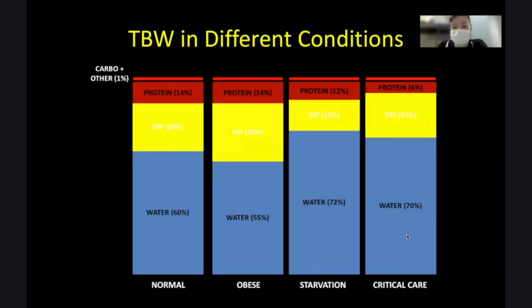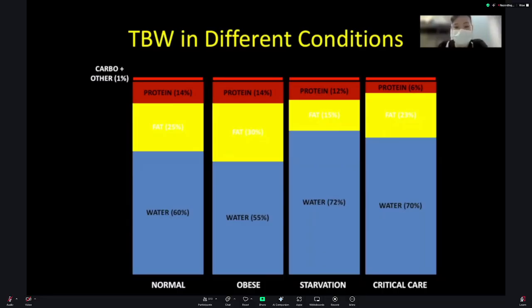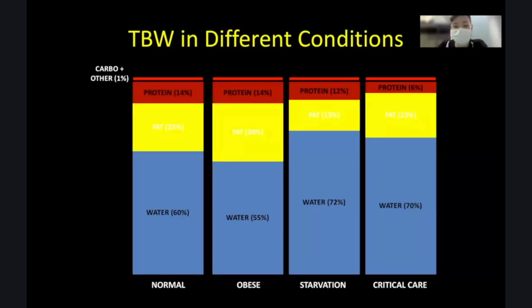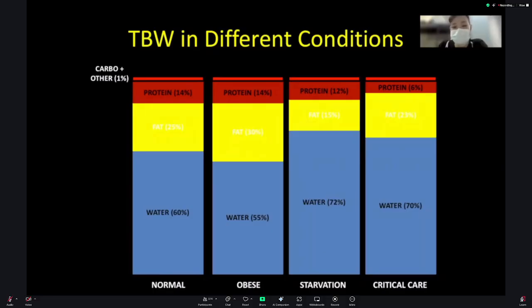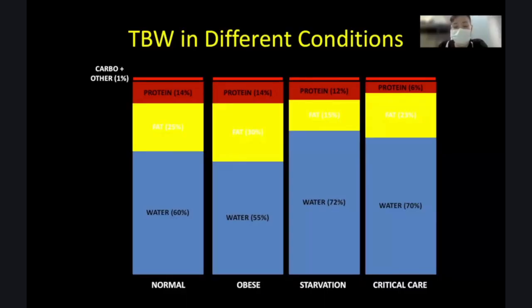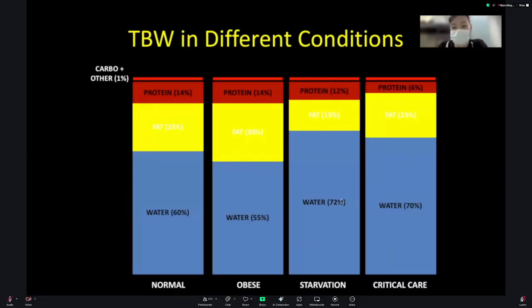And in a patient who is starving, typically cancer patients because of cancer cachexia, or patients with gastric outlet obstruction or any form of obstruction, or patients who cannot tolerate oral intake, of course they will lose fat because of the preferential use of fat and protein to produce glucose. There will be a decrease in protein content and fat content. Therefore, total body water increases.